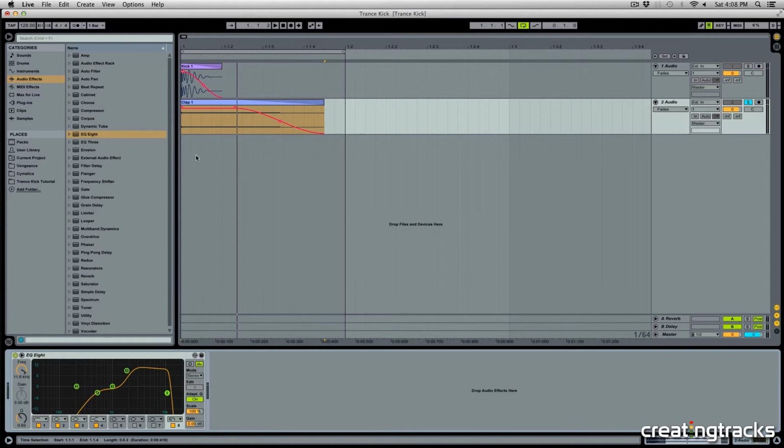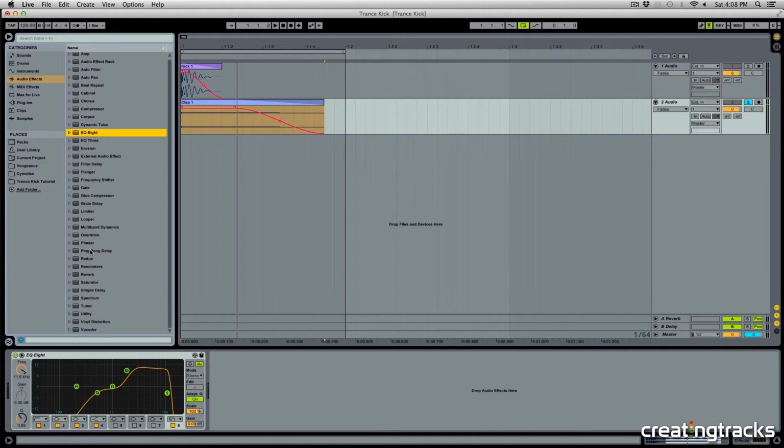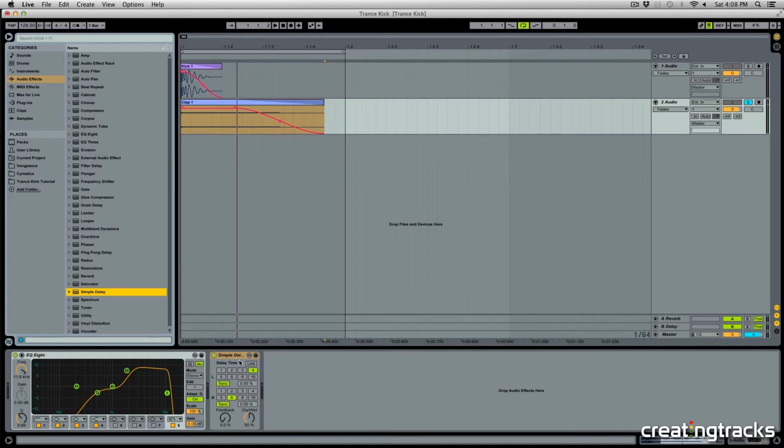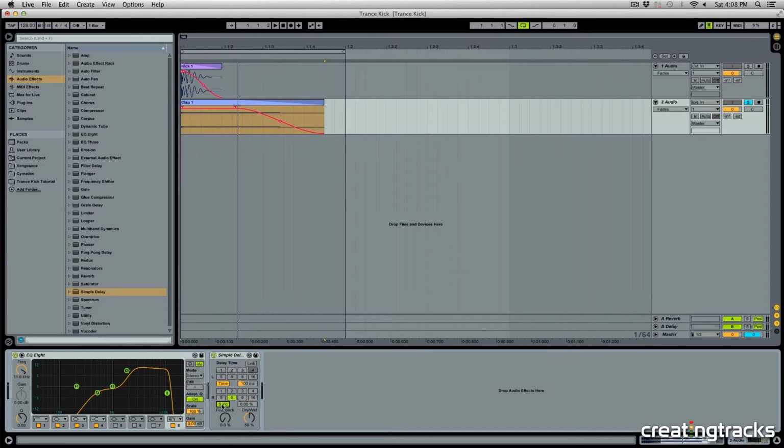All right, so what we're going to do next is grab a simple delay. And this technique we can use to make it wider. So let's undo the time sync and change both the left and right times to something like 5 and 15. And if I layer them together,